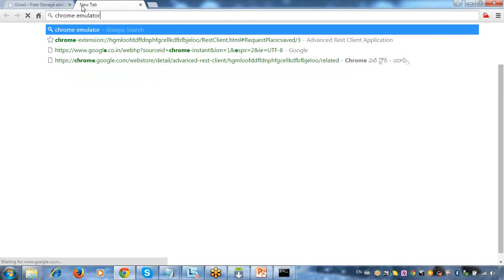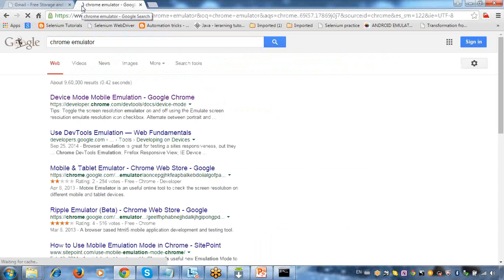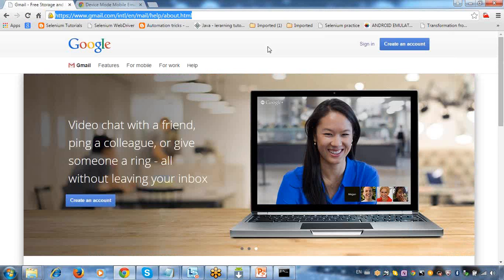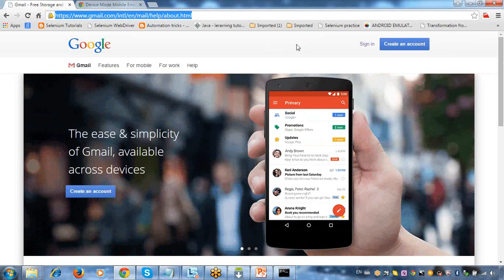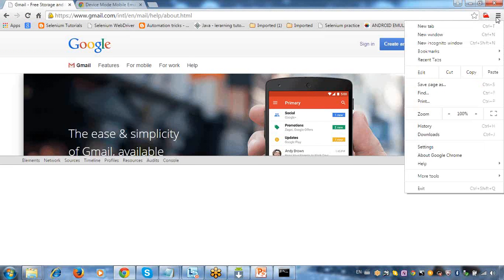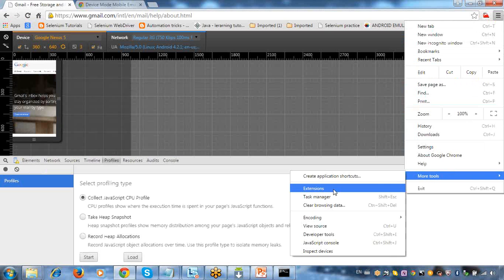extension. You need to download one extension, just this one. Just download this extension, device mode mobile emulation. This is the last option actually. Okay. Now, once that extension is available, just press F12, or you can go to settings, and there you will find your developer tools. Go to more tools and you will find